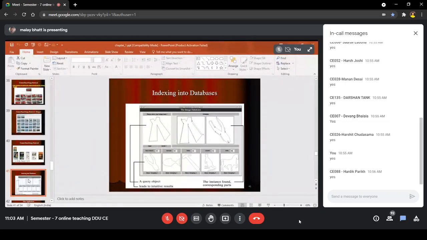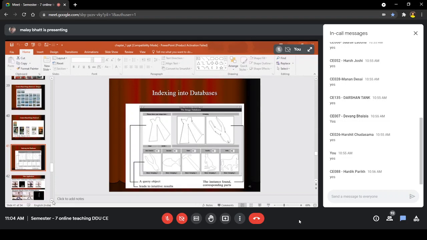So it is also giving the match score. So here you can see the word also, best match. It is giving the word best match where the matching score is very high. For others, there is still a matching score, but it is very low, because you are drawing an object, so not necessarily that you are able to draw it perfectly. So it will try to match it as much as possible, and then according to that, it will give a match score for all the relevant and matched objects.